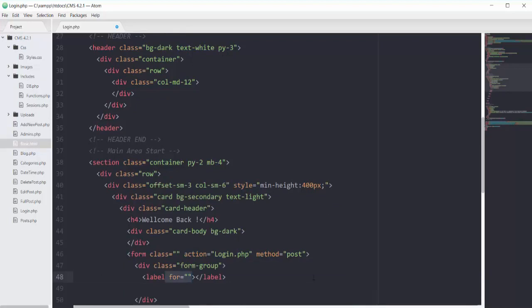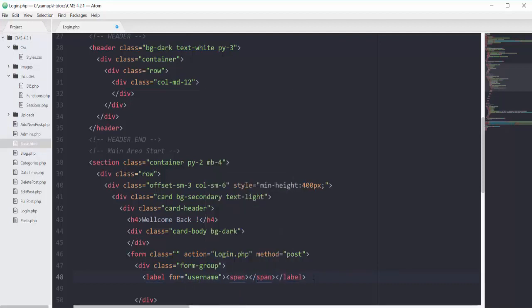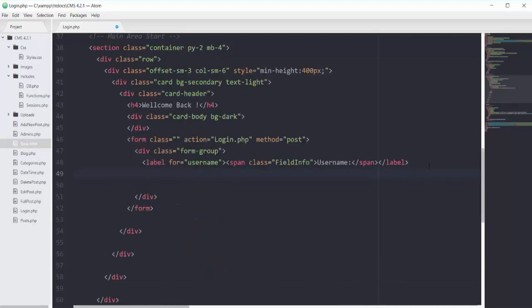The label will be for username, and then we will have one span tag that will have our custom class of field-info. So adding the text here, Username.